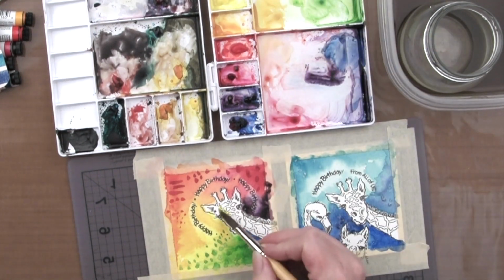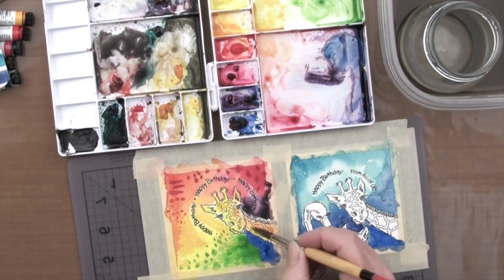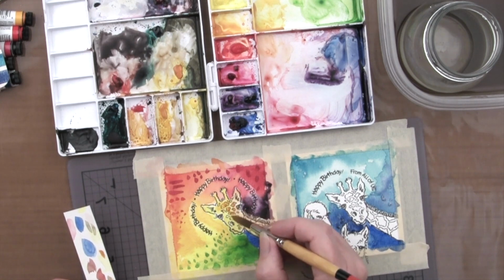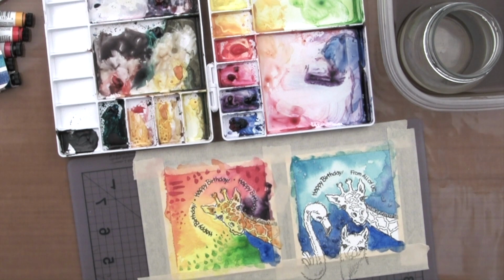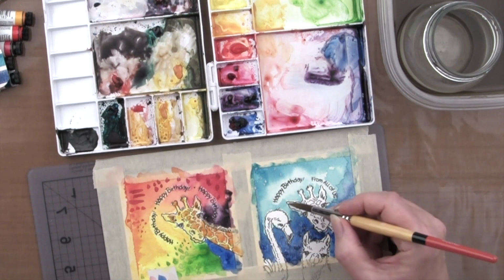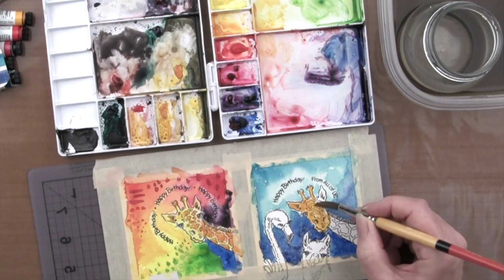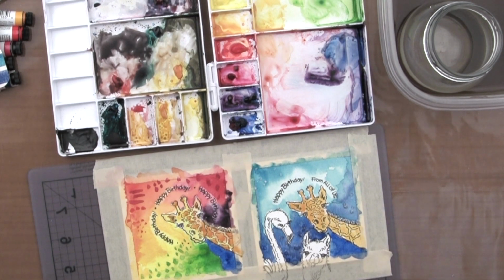I'm going to play off of the colors that are here, and then I can keep adding to it. Yeah, I think that's kind of fun. Instead of too much brown, just kind of let him be in the glow of the rainbow here. Okay, and since we've got a nice tawny color here, oh, I like this for our giraffe. I picked up a little bit of salt. Okay,